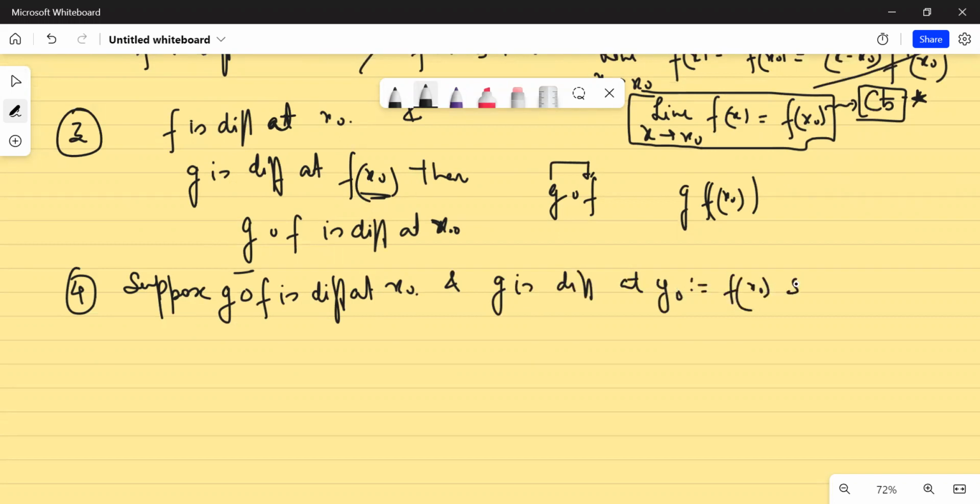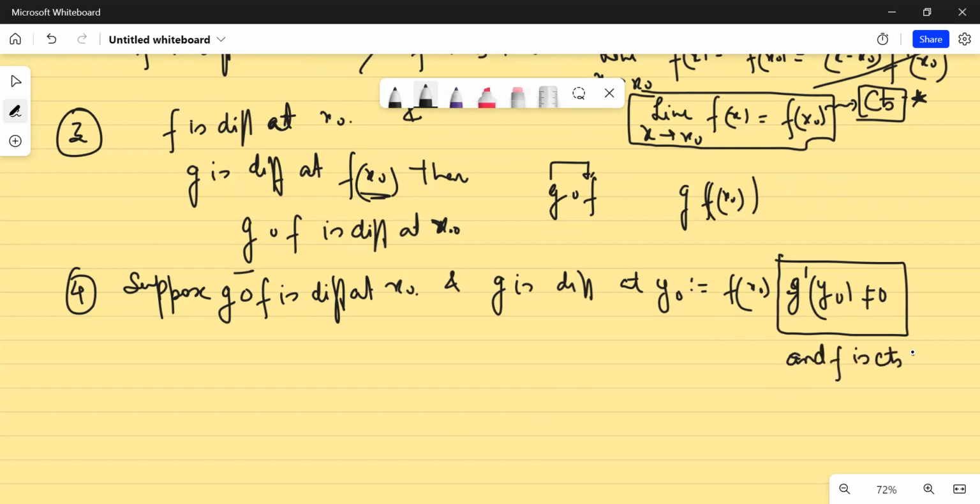And suppose that g dash y naught is non-zero. I'm writing all these necessary things, but I'm not deriving it because the derivation you will learn in higher classes. And f is continuous at x equal to x naught, then